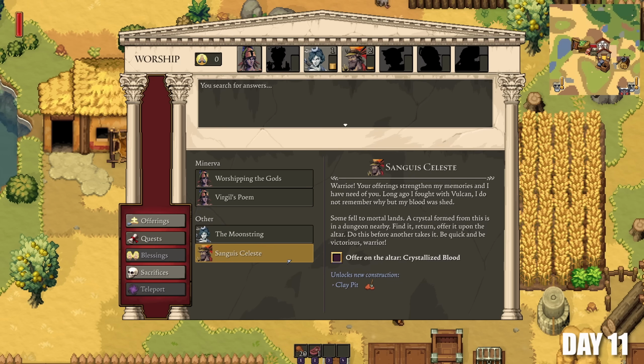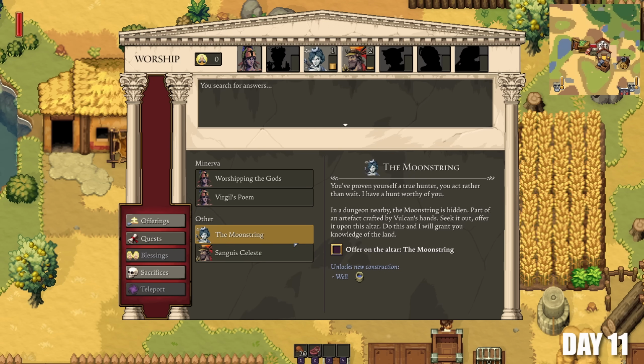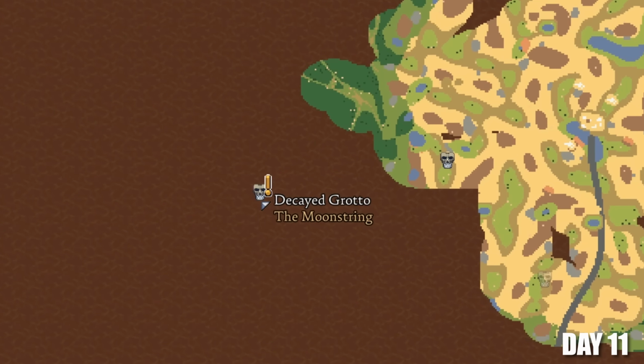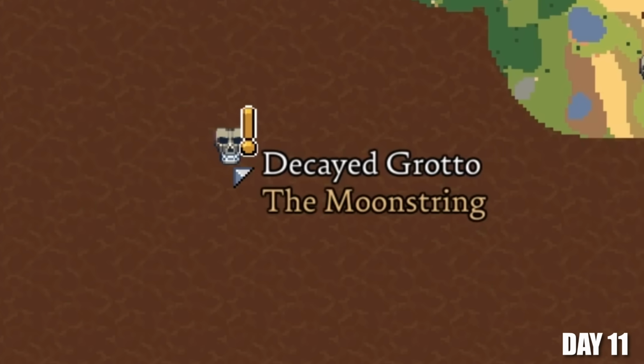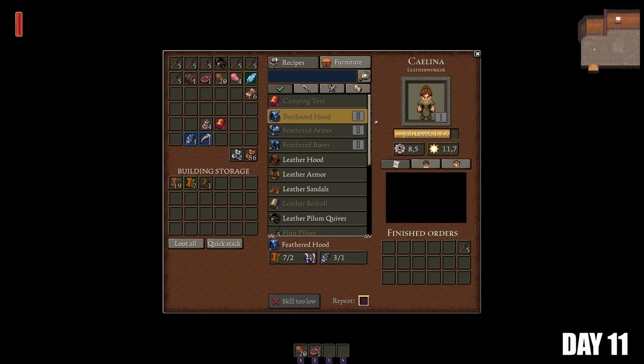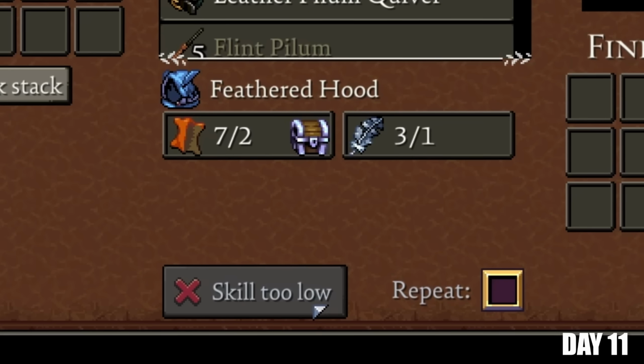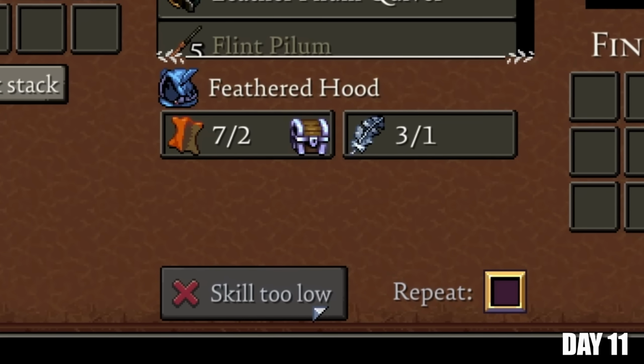But since I needed more villagers for the smithy and the carpenter's hut, I decided to go out into the wilds to look for them. And to kill 2 birds with 1 stone, also hit one of the dungeons containing side quest items, the Moonstring, in the decaying grotto. And while I was preparing for departure, I noticed that killing the owl actually unlocked a new, unique armor set. I had the materials for it, but my leather woman was actually a level too low